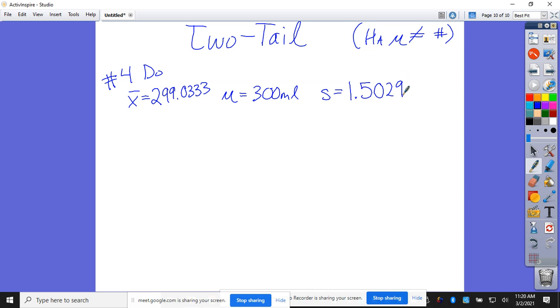What else do I need? Okay, I'm going to cover 2 problems at once. Two-tail, and